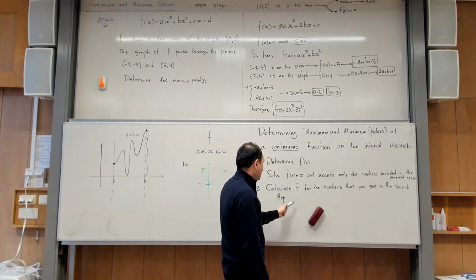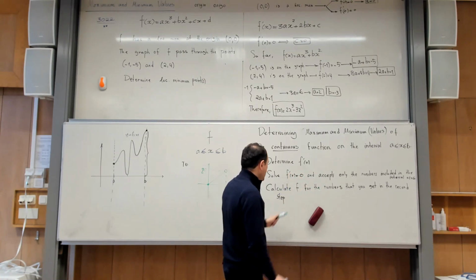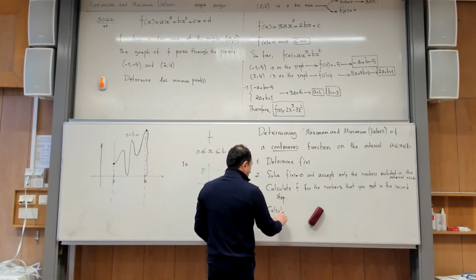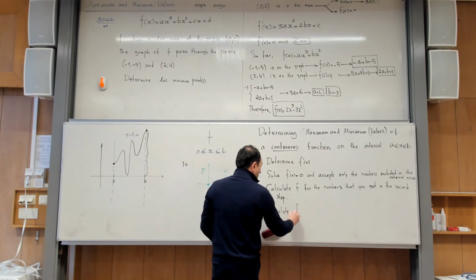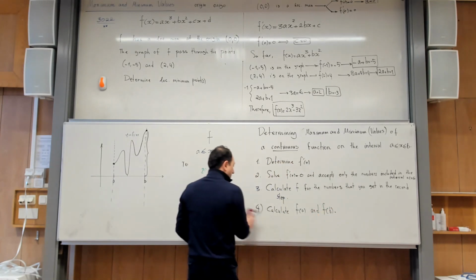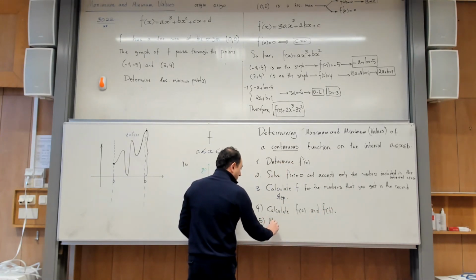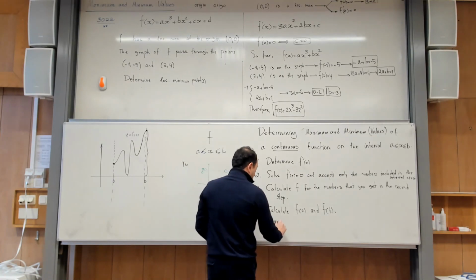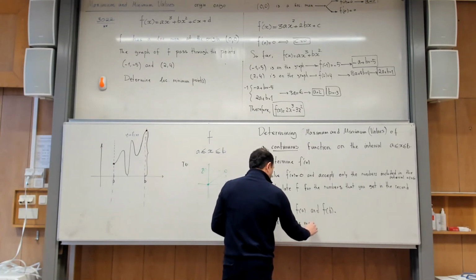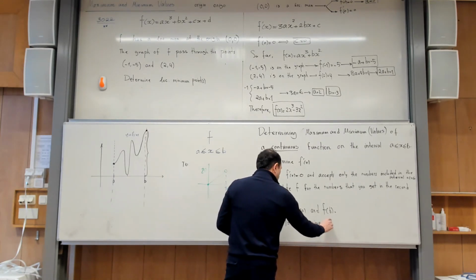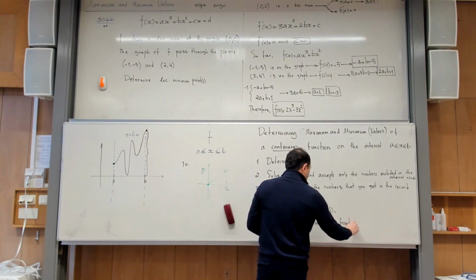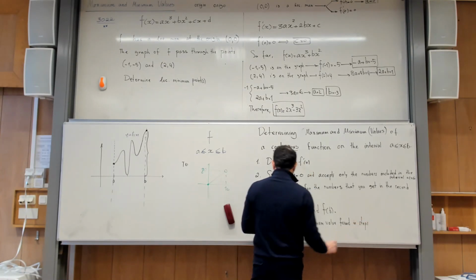those numbers you get in the second step. Number 4, calculate f of A and f of B, as Robert mentioned. Number 5, maximum of f is equal to the maximum value found in steps 3 and 4,